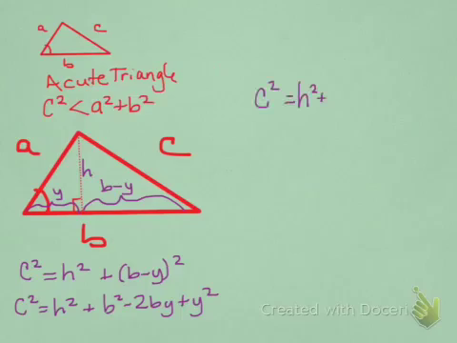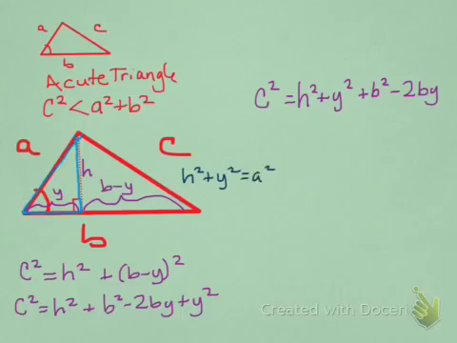And then from here, I'm going to just rearrange. Sorry, I lost track of what I was doing there. So I'm just going to rearrange so that I have C squared equals H squared plus Y squared plus B squared minus 2BY. So now I'm going to look at this triangle over here,